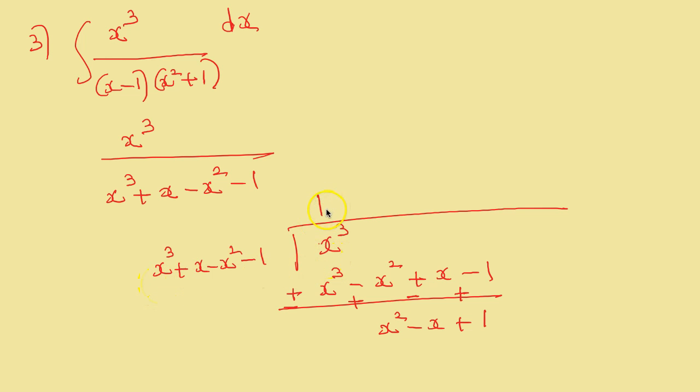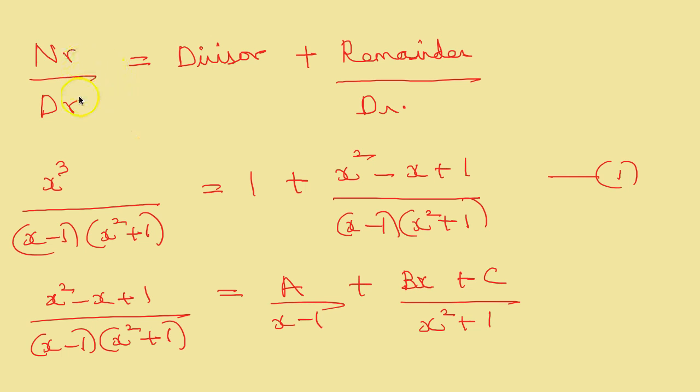X cubed by x cubed is 1, and you multiply, so I get x cubed minus x squared plus x minus 1. Subtract, so you get x squared minus x plus 1. Now we use the fact that numerator by denominator is divisor plus remainder by denominator. So the numerator by denominator is, the divisor is 1, that is the quotient, plus remainder is x squared minus x plus 1 by x minus 1 into